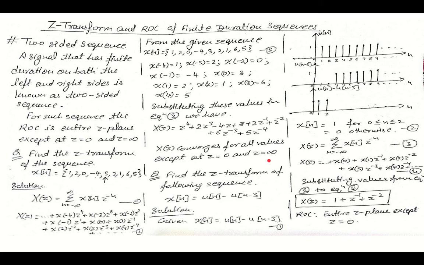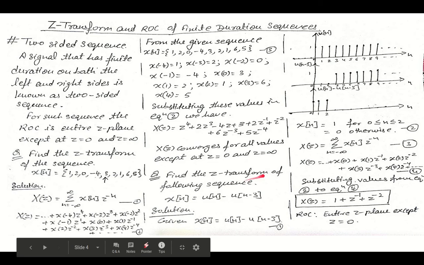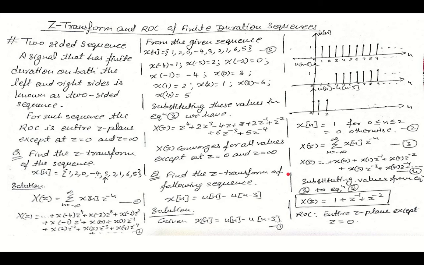Now similarly, there is a question which is often asked: find the Z transform of the following sequence x[n] equal to u[n] minus u[n minus 3]. It is very easy to solve this question by using graphs. We already know that the unit step sequence u[n] is given as the value 1 from n equal to 0 to infinity, so I can plot it. At 0 I have a 1, at 1 I have 1, at 2 I have 1. So all the positive values are at 1 and all the negative values are at 0.